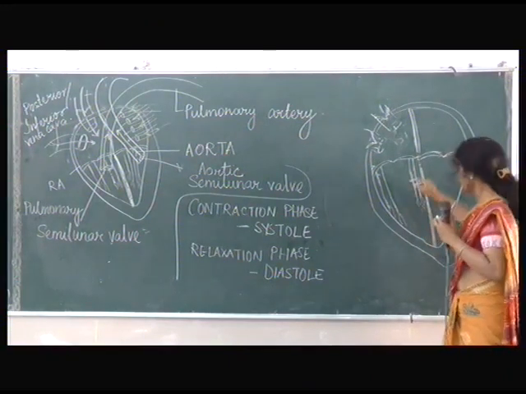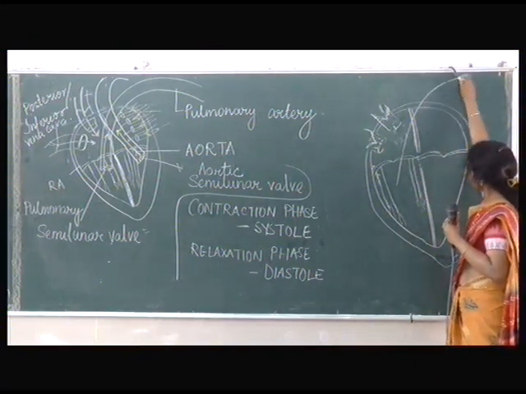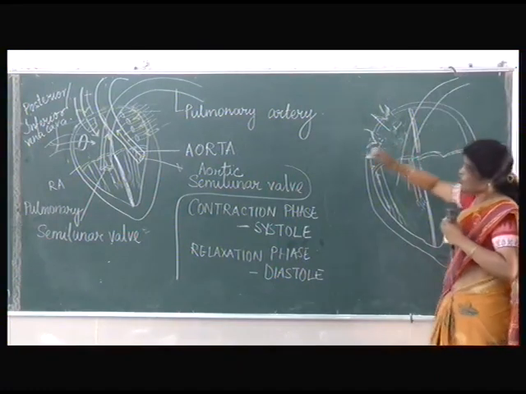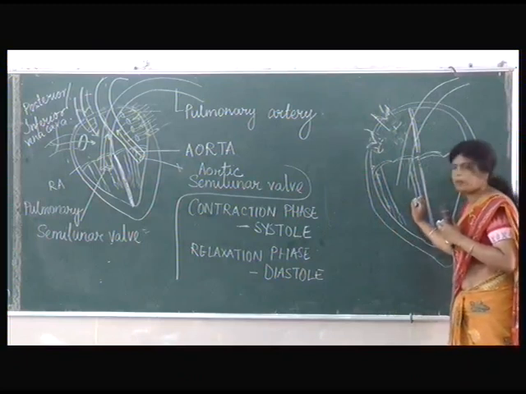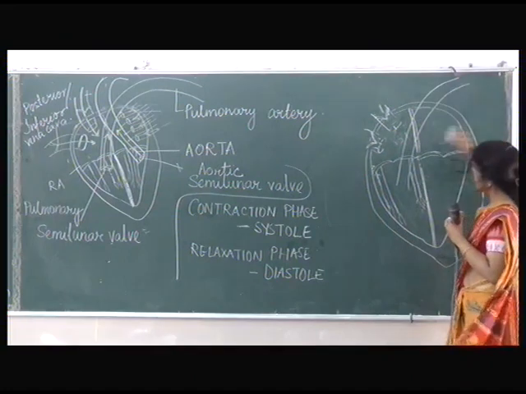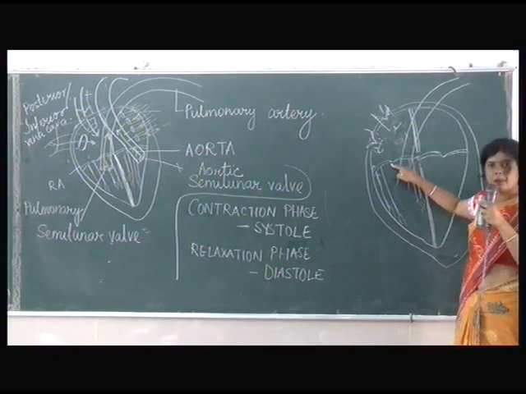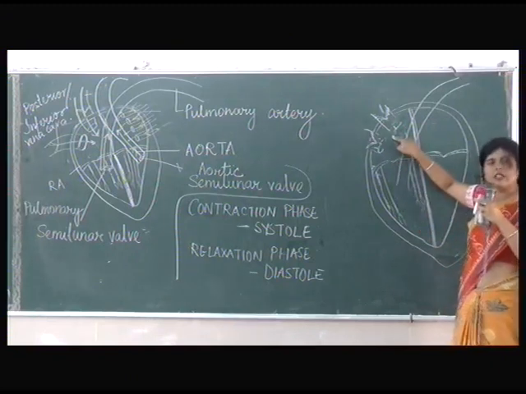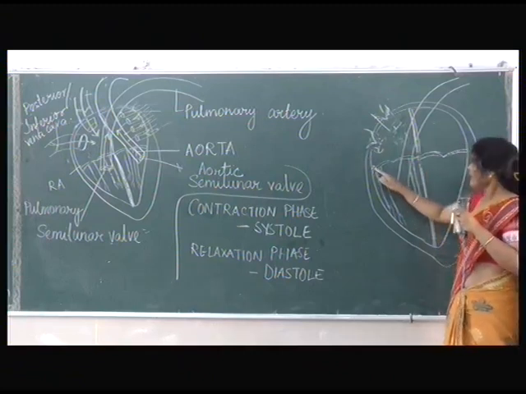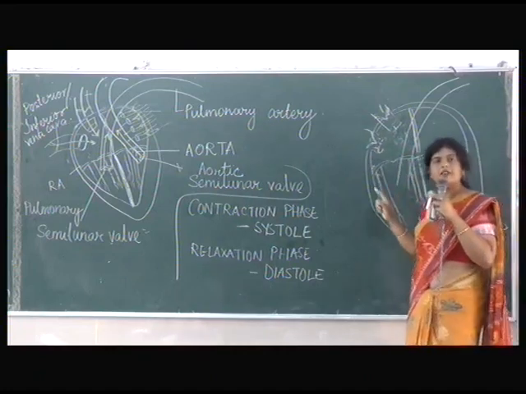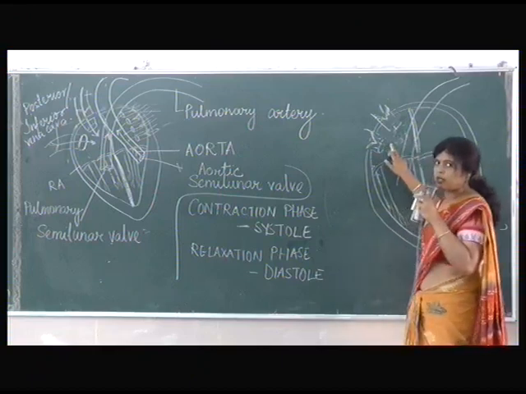Why? Because it has to send the deoxygenated blood out. Which blood vessel is going out? It is the pulmonary artery. If you remember, I had told you about it when I was teaching you. So ventricles now contract, because they have to send blood to the lungs. Now when the ventricles are contracting, if the tricuspid valve is open, the blood can go back into the auricle. So when the ventricle is contracting, it is necessary that the tricuspid valve gets closed so that when the pressure is applied, the blood does not get back into the previous chamber.